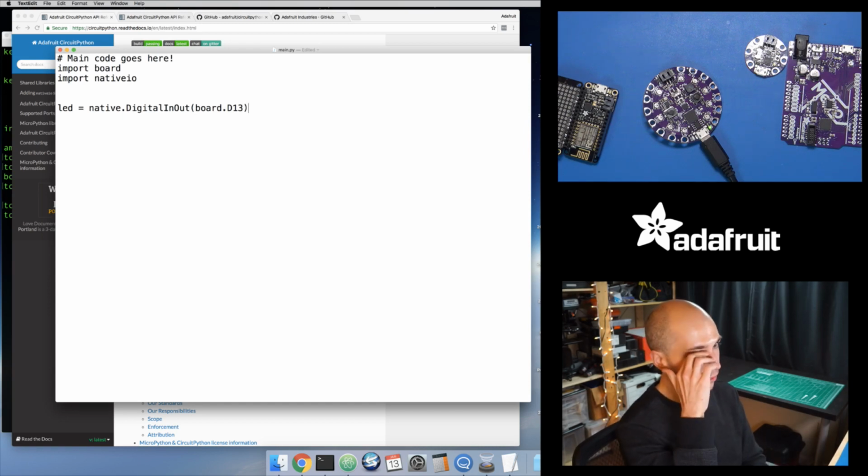And just to map this to MicroPython, in the machine module, the Pin class is what you might have used in the past to do digital inputs and outputs. So now it's native.io.digital_in_out that you want to use. The next thing I want to do is